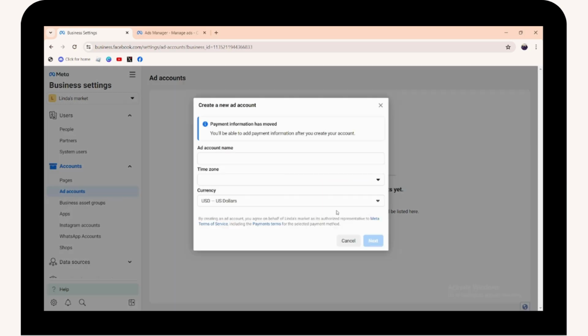click on next. And once you tap on next, you may get an email, so you need to go to the email which is connected to your personal ad account and grant the access. Once you've accessed, that's it. That's how you can move your personal Facebook ad account into a